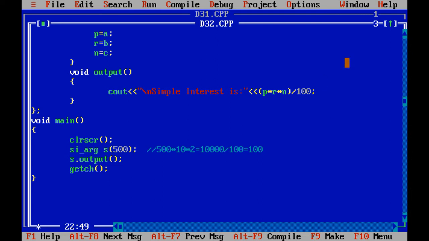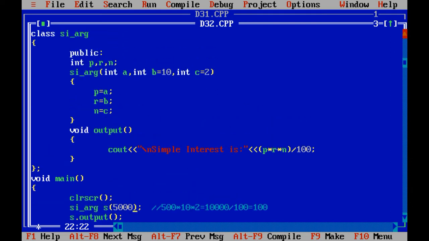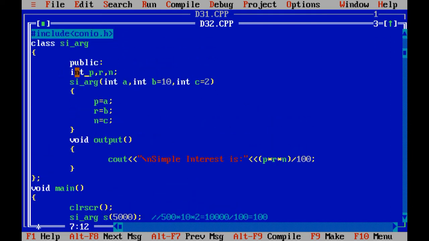So either you can change the data type. See, if I want to pass 5,000 over here, in those cases I just need to change the data type to float, and over here also I need to change the variables a, b and c to float.